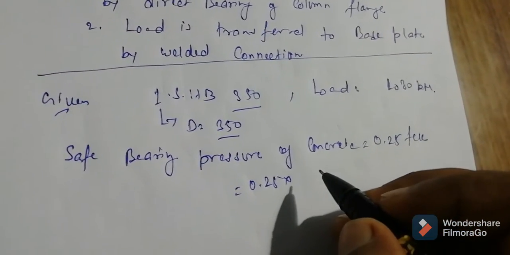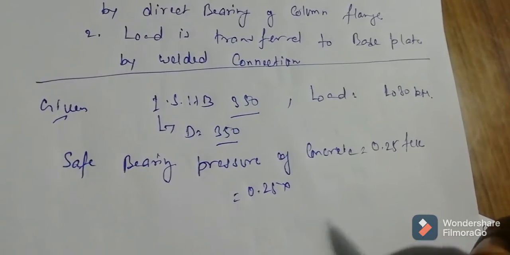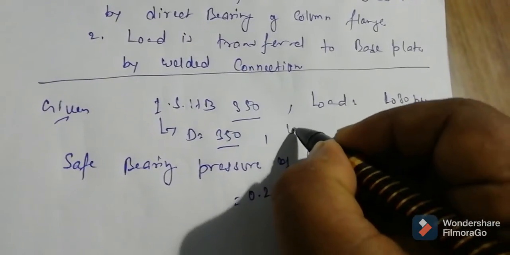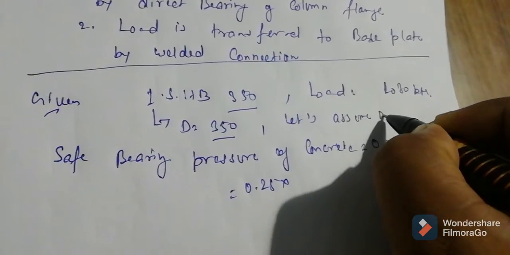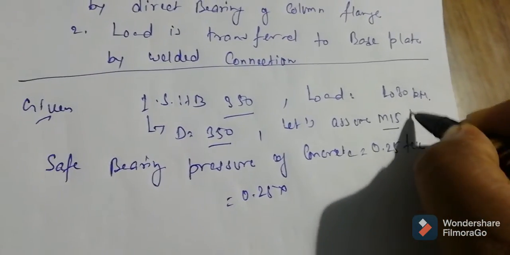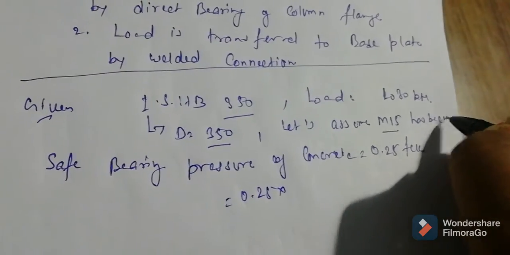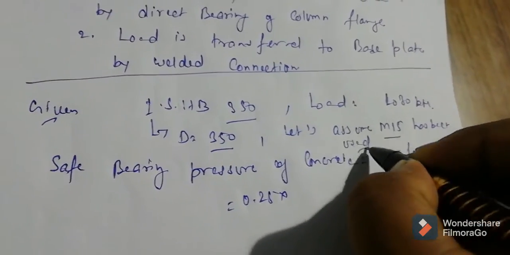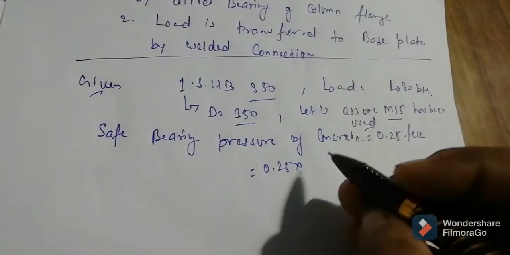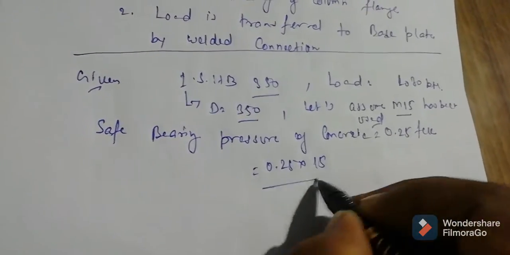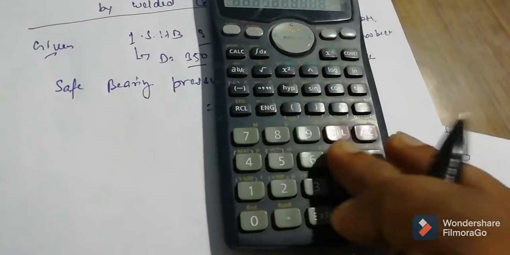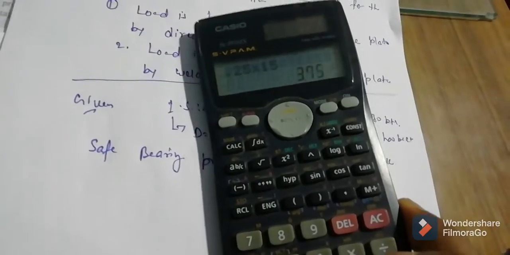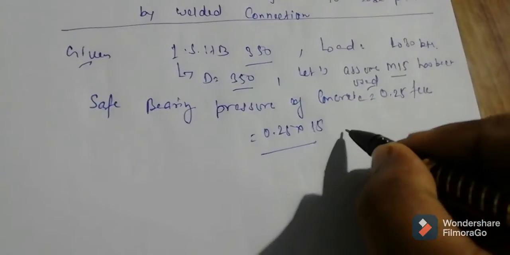Here, if nothing has been given, you can take M15. Let's assume M15 has been used. So 0.25 multiplied by 15, this is your 3.75